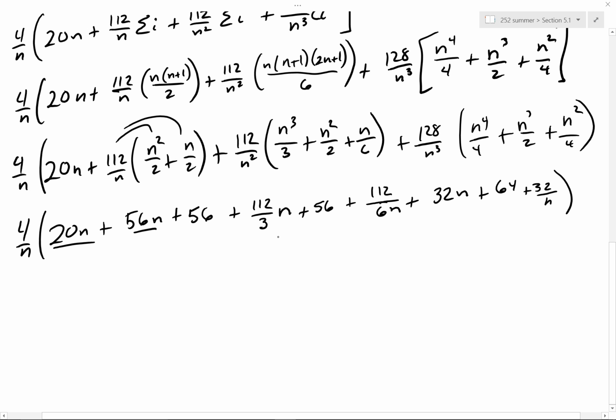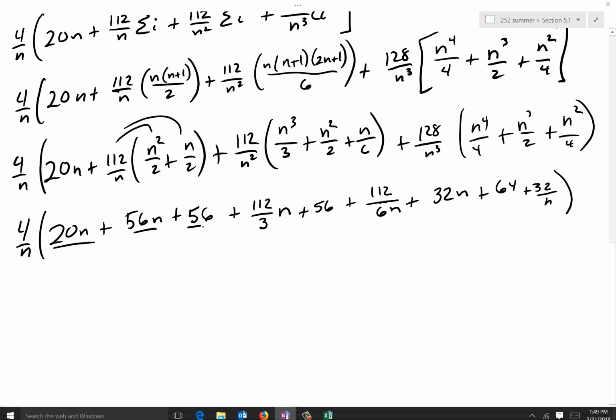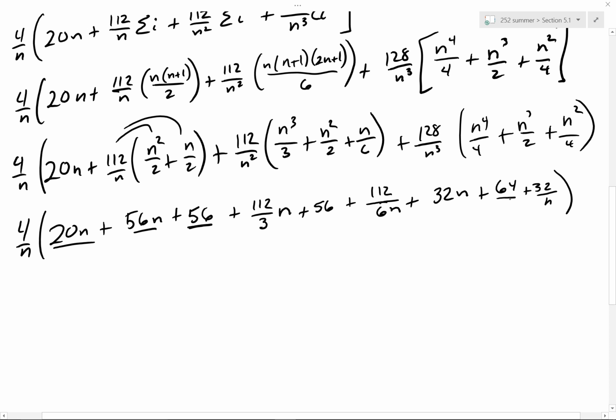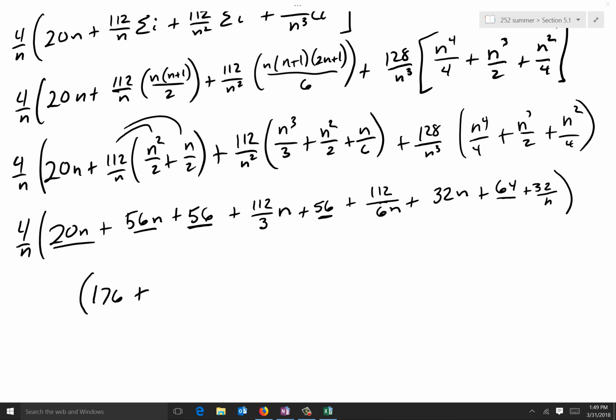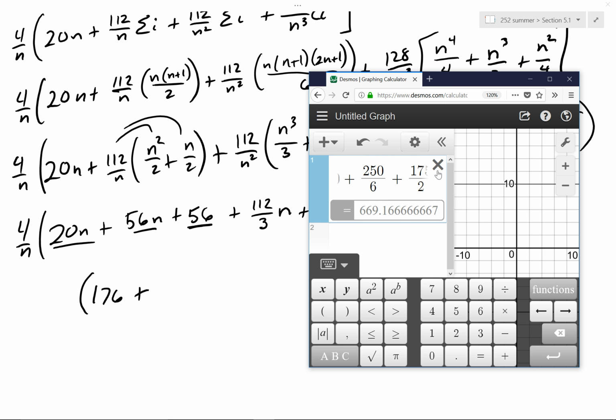That's gross. Well, let's combine our constants first, shall we? We have 56 and 64 and 56. That's 112. 176, I think. And then plus, and then I guess let's do this. That's 76. I need a calculator. I can't do math. Alright, so clear. So it's 76